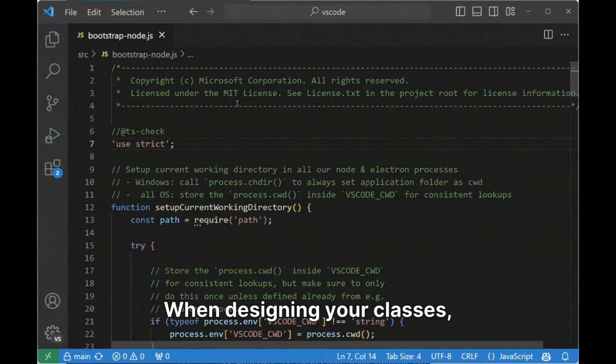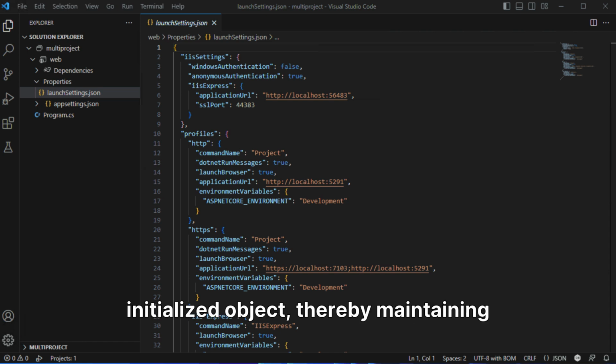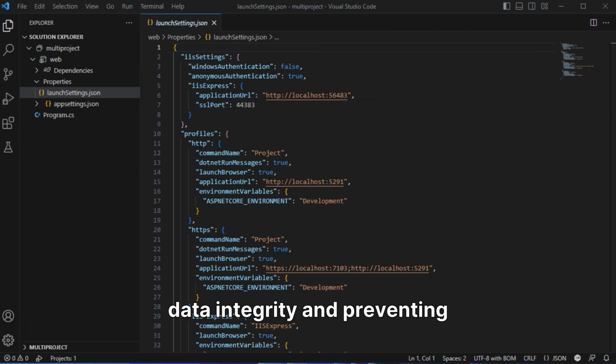When designing your classes, a crucial best practice is to keep constructors simple, focusing primarily on initializing members and avoiding complex or time-consuming operations. Heavy logic should be placed in separate methods, ensuring that object creation is fast and efficient. Consider throwing exceptions from constructors if the object cannot be initialized correctly due to invalid parameters or other critical issues. This ensures that you never end up with a partially or incorrectly initialized object, thereby maintaining data integrity and preventing